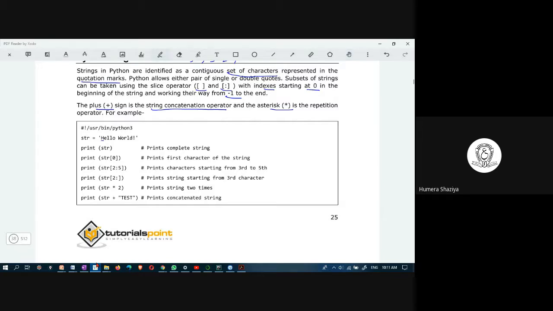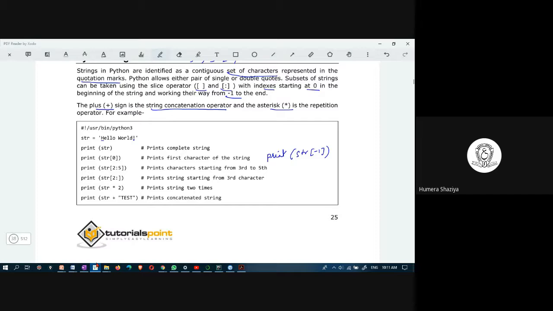Str of minus 1, what would str of minus 1 print? Will anyone tell me? T, ma'am. Right side first character. Very good.